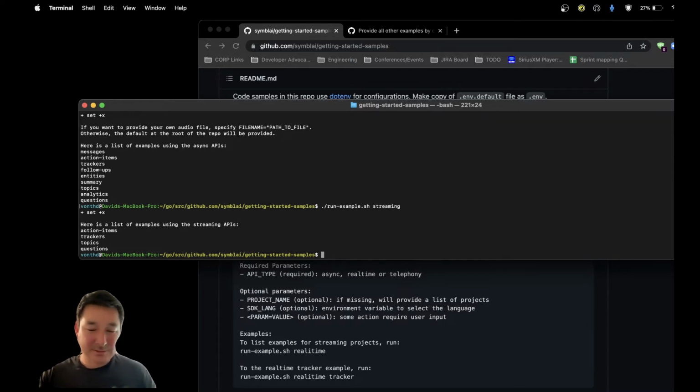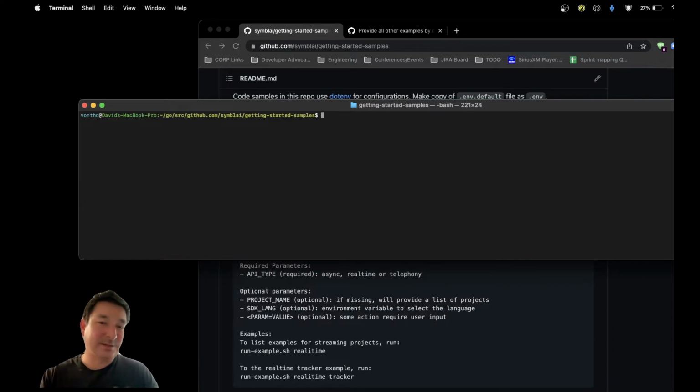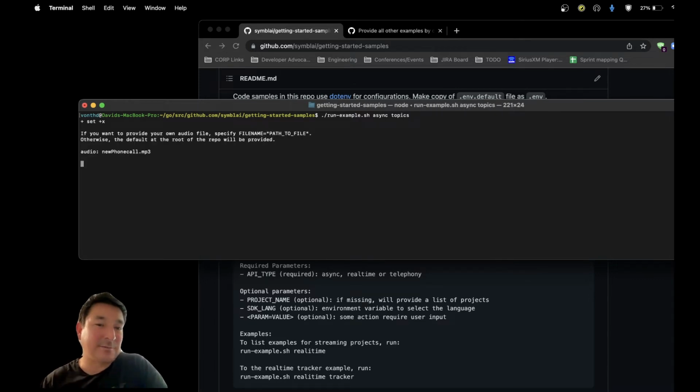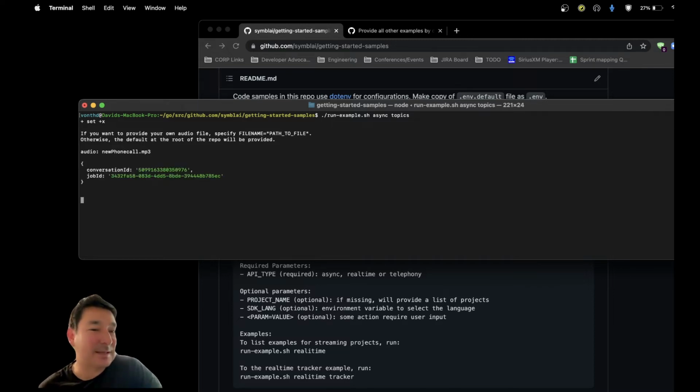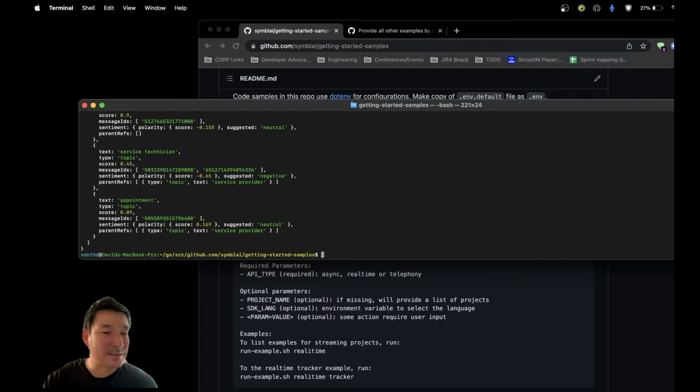And so if we wanted to run an example, just to show you how easy it is to get going with the repo now using the script, you can do runexample async, and let's just do topics. So this will run the topics example. If you don't provide a file name or an MP3 file or audio source to the API call, there's a default MP3 file that's based around the call center audio file that's in the API Explorer. So that's in the default of the repo, and it'll just use that as the conversation input source